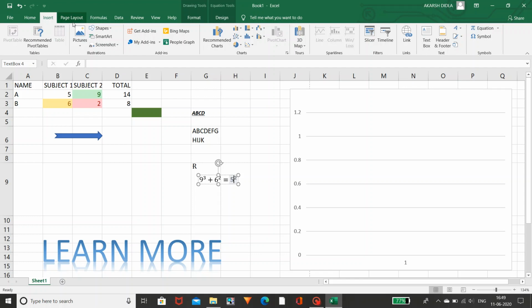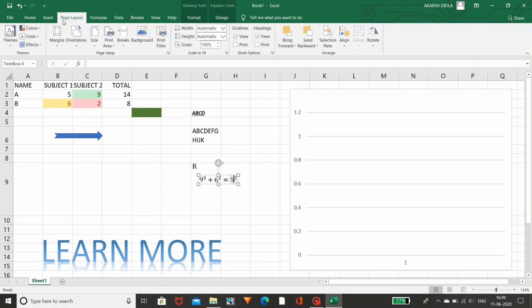So what you should do is place your cursor on the option which you want to know about, and a dialog box appears. Read everything carefully, so that you can know which option is useful for what purpose. And coming to the page layout, page layout is nothing but how your Windows page should appear. So this is about the page layout.